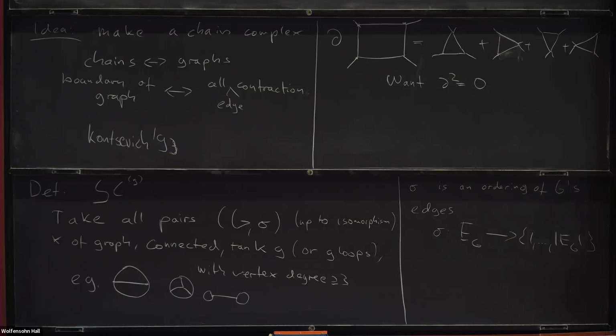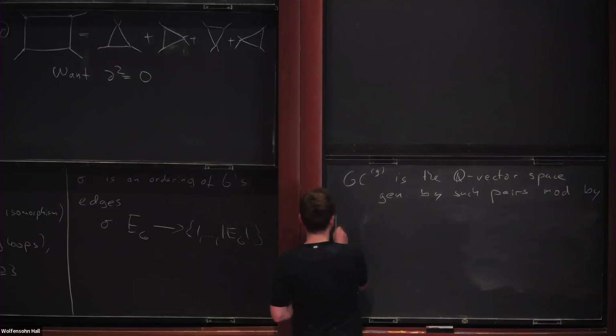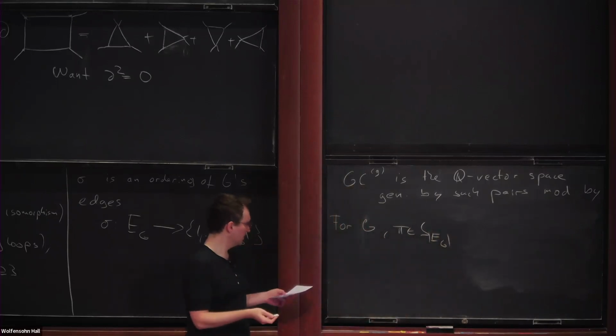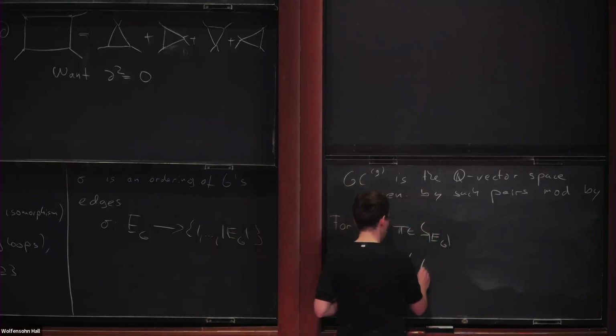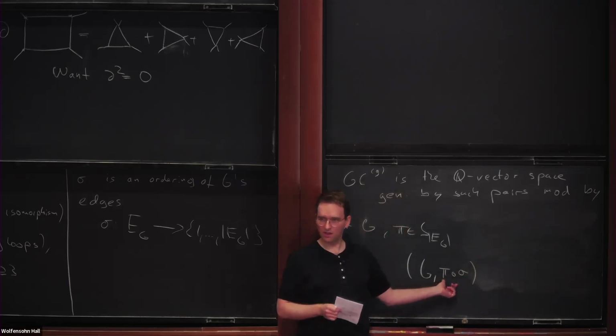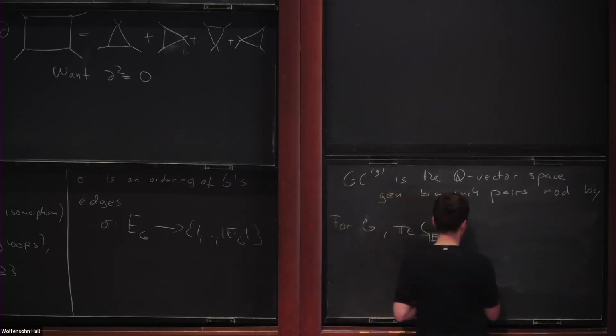So the relation is just that, or it's a family of relations. So we have one relation for each graph and one relation for each permutation of these labels. So for each G and some permutation of the edge labels, we want to identify the generator where we permute around the edge labels by some arbitrary pi. So we just change the labeling of the edges, and we want this to be equal to the graph where